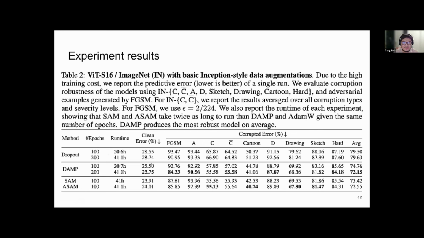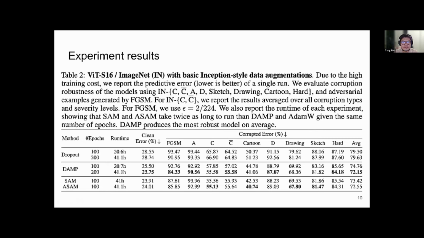And what's interesting here is that if we use DAM with just simple, basic Inception-style data augmentation, so just flipping or cropping, a very basic augmentation, then we are still able to train a vision transformer to reach the same accuracy as a ResNet-50, which is probably the first approach that we find that can do this.